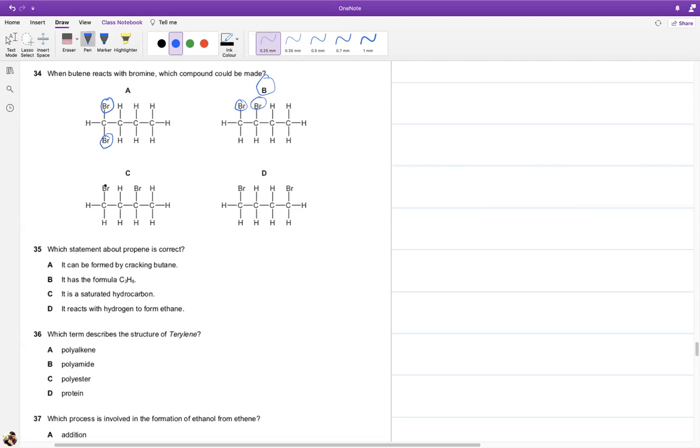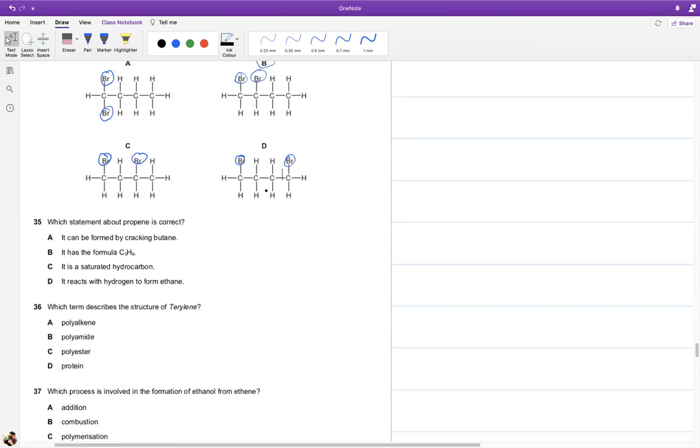Let's consider these. It's not possible to do this one through addition because these carbons are not connected through any bond. Double bond तो फिर दूर की बात है. And same for this one. दूर दूर है. Substitution हुआ होगा. So all four are possible through substitution, but B is also possible through addition.